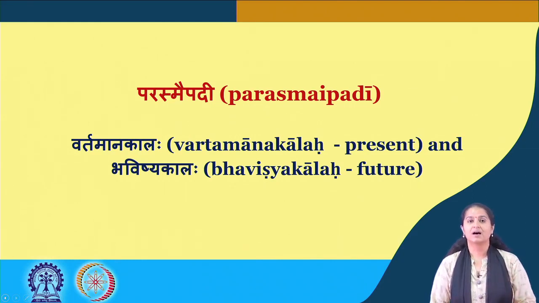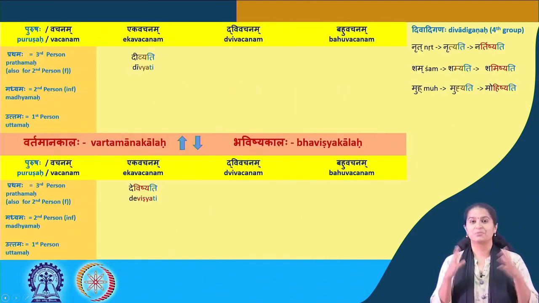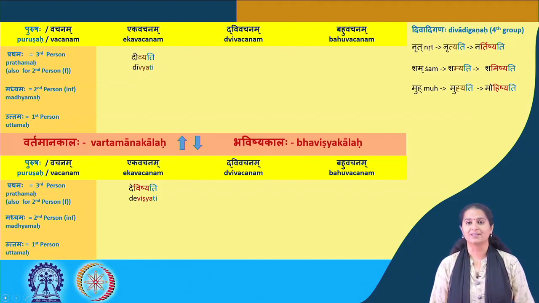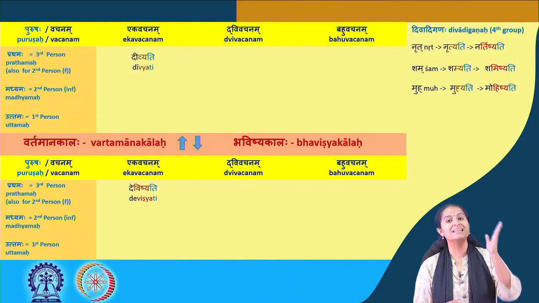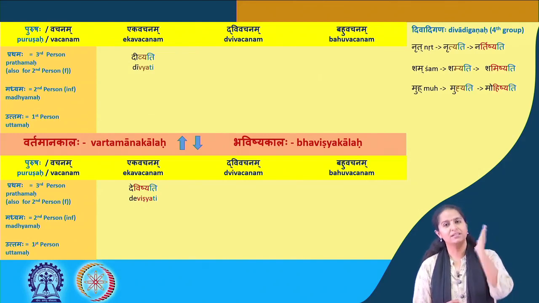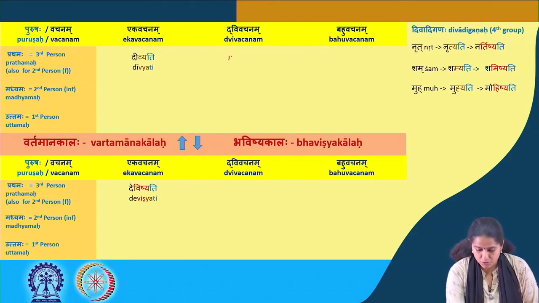So let's look at the verb div in the Parasmaipadi. So divyati. The reason why you're seeing an empty table there is because divyati conjugates just like Bhuadi Gana or Churadi Gana. So it's like the first group. While the verb is div, the root form, the conjugation is divyati. Okay, so divyati, divyataha, divyanti, divyasi, divyathaha, divyatha, divyami, divyavaha, divyamaha. So I'll just write one there so that you know how you can fill it up.